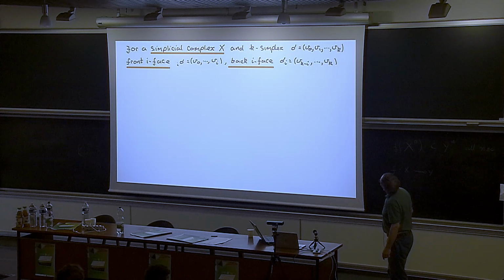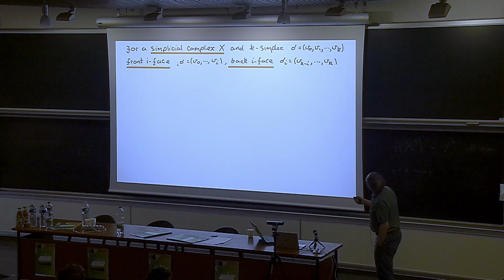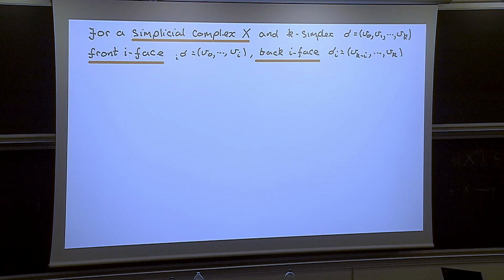You can define a front i face and a back i face as follows. If you have a k-dimensional simplex, sigma, you can define its front i face to be the i-simplex got by just forgetting everything after position i. And you can define the back i face to be